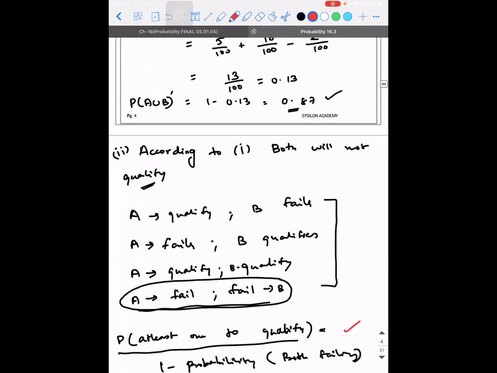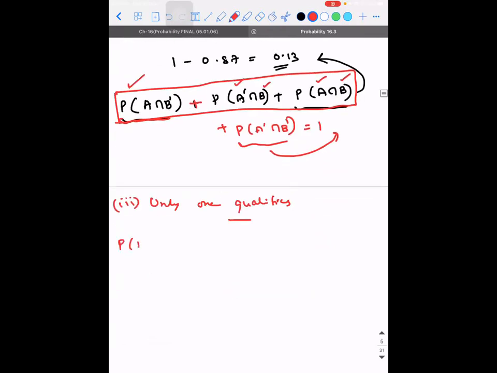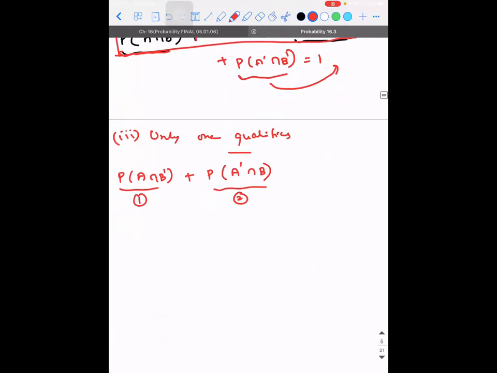Right. So from this box, tell me what all should I take into consideration for the third one? What is the probability of A qualifying and B getting disqualified? I hope you understood why I'm using plus. This and the first one and the second one cannot simultaneously happen. Either of them is what they're expecting. Okay. So probability of A intersection B dash is what?